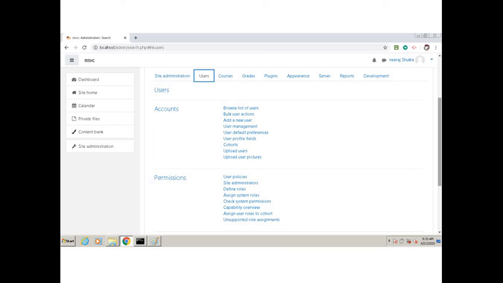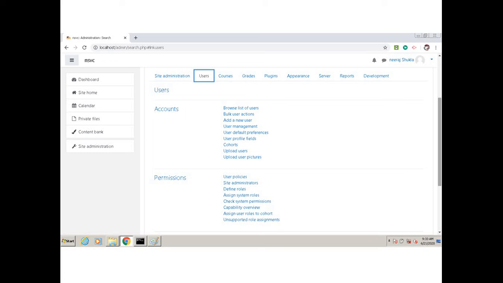For example, if you have a section, all the users belonging to a section, you create a single cohort. That way, you need not assign certain things manually to one user after another. You assign that thing to the cohort, so automatically all the section's students will get that.